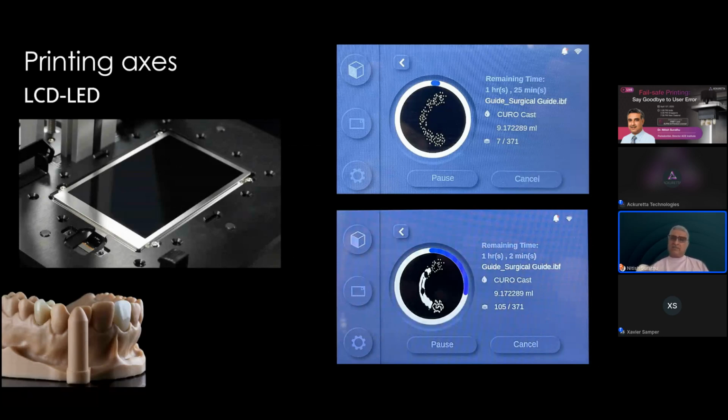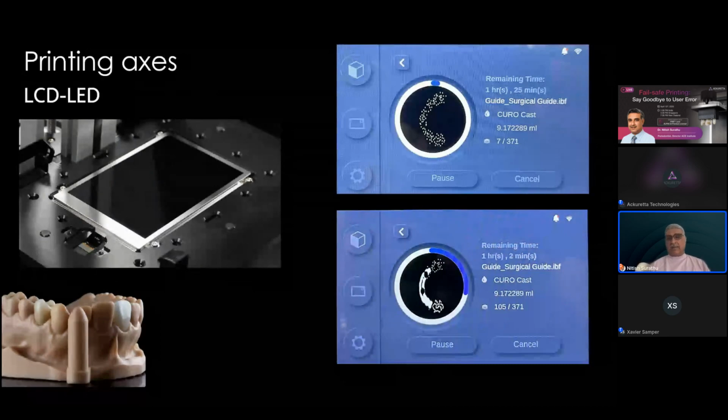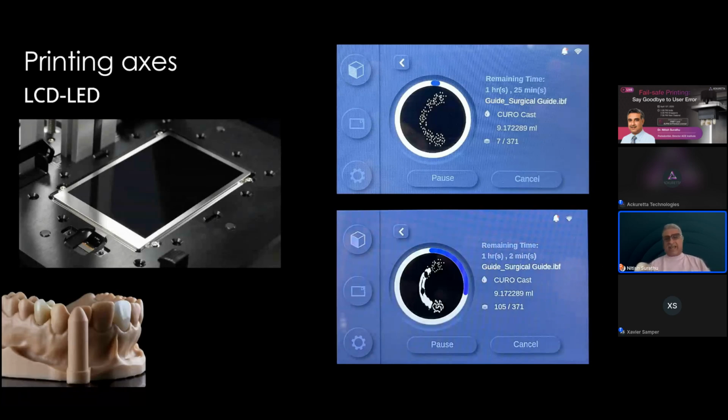The platform comes down and goes up and comes back, and each time it encloses a layer of uncured resin that is approximately equal to whatever layer thickness you have defined. Now, if you look at this print, this is from the print screen of the Sol, and if you look carefully, we are using a resin to print something. And don't ask me why I'm using a Curo cast setting to print this particular surgical guide. I have reasons for that because I'm testing something, but it's still good enough for us to try and understand